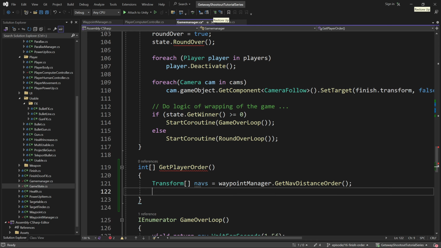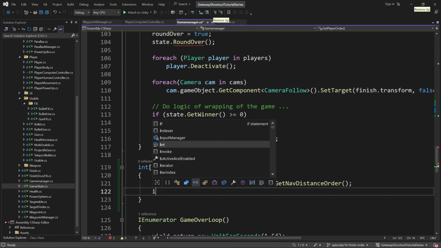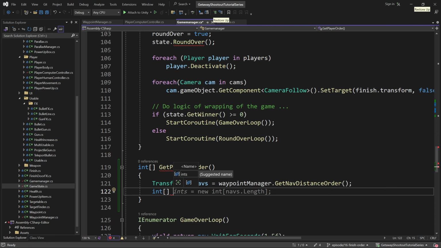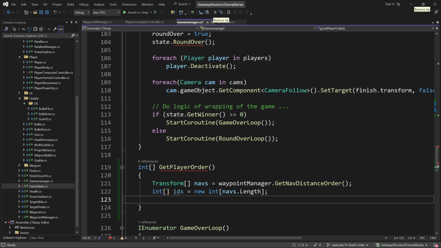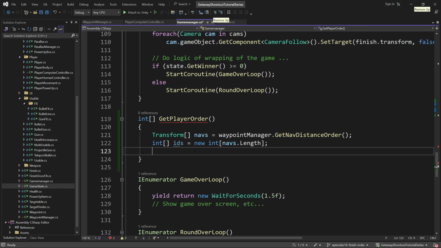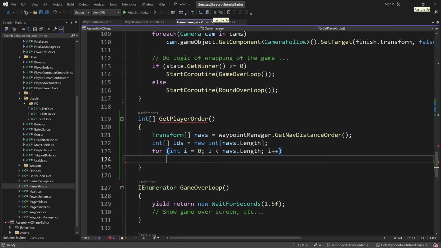And basically we want to convert this into an array of integers, which could be each player ID. So we could actually use that LINQ library to do almost another one-liner here. I'll just do it manually. I'll do something like int array IDs, and then equals the same size of the array that we just got. And basically all we have to do is just loop through the array and set each ID